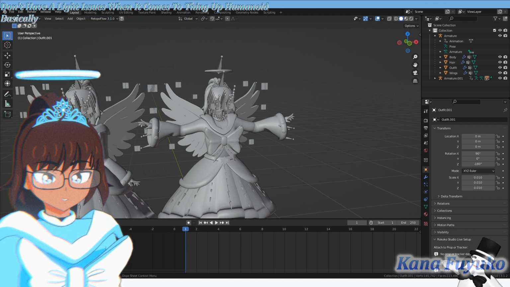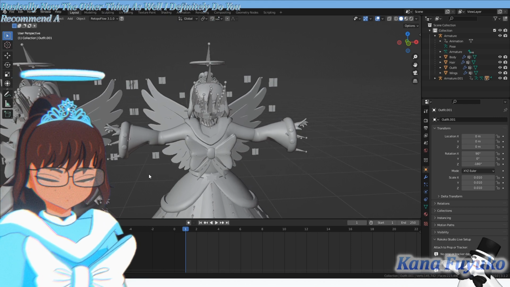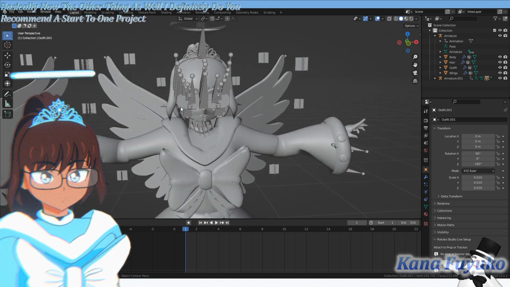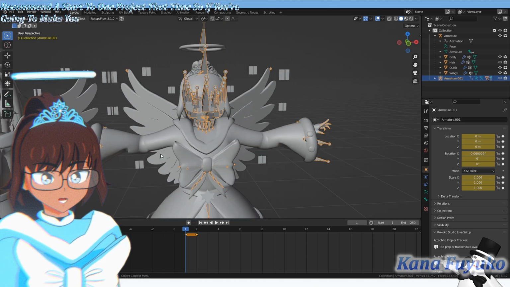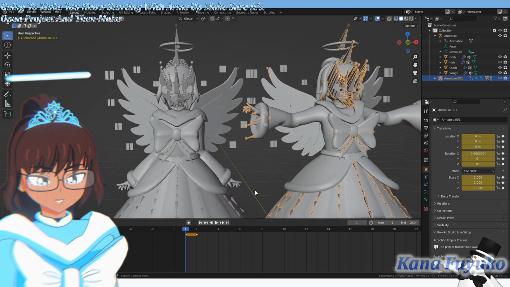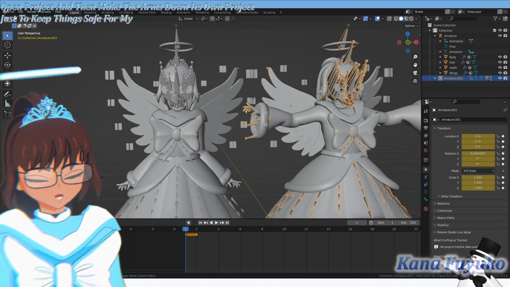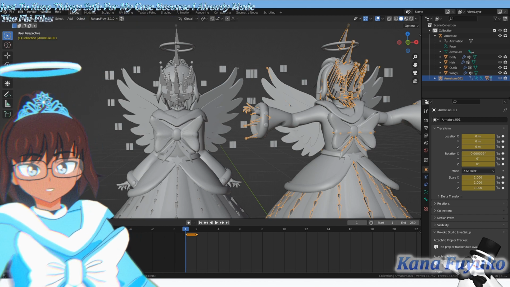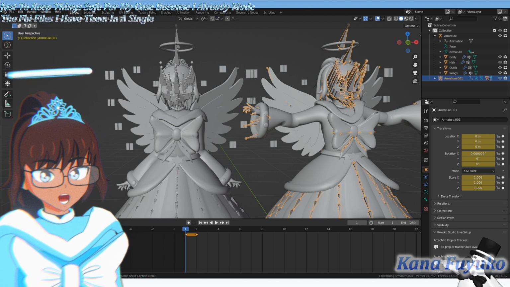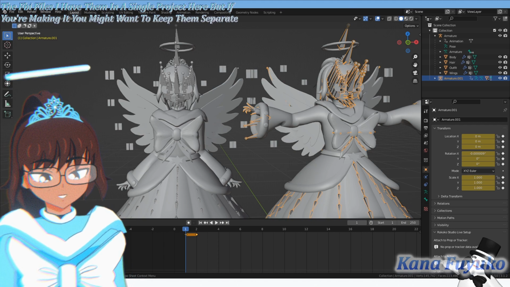Now the other thing as well, I definitely do recommend doing one project at a time. So if you're going to make starting with arms up, make sure it's its own project, and then make the arms down its own project, just to keep things safe. In my case, because I already made the FBX files, I have them in a single project here, but if you're making it, you might want to keep them separate,